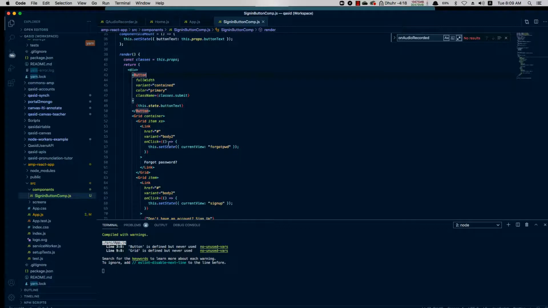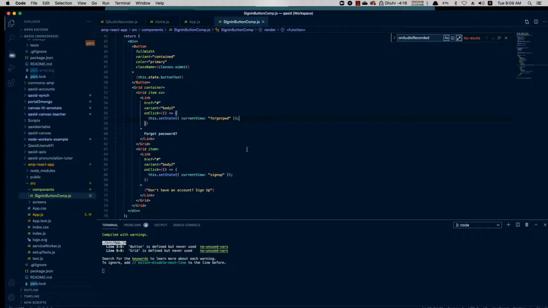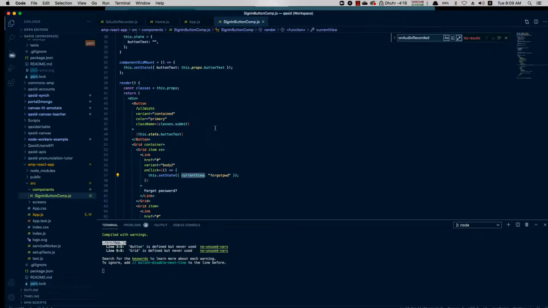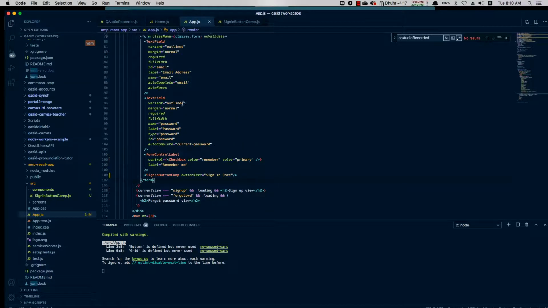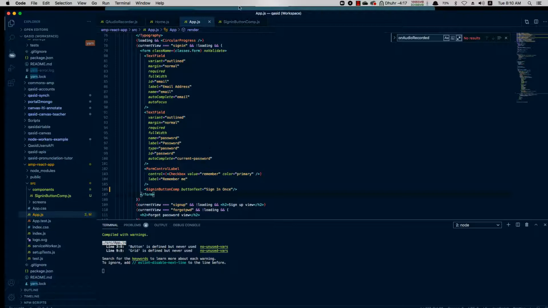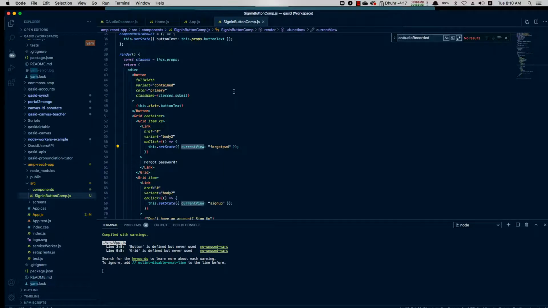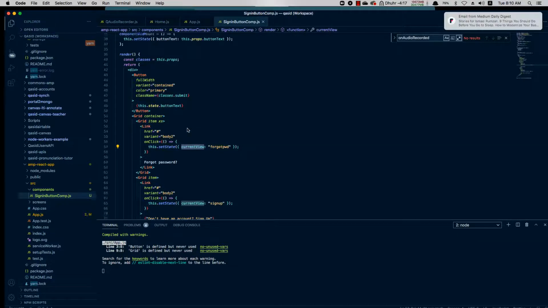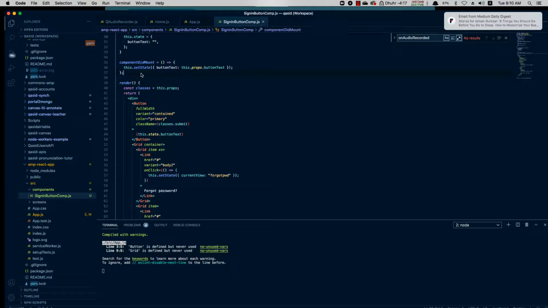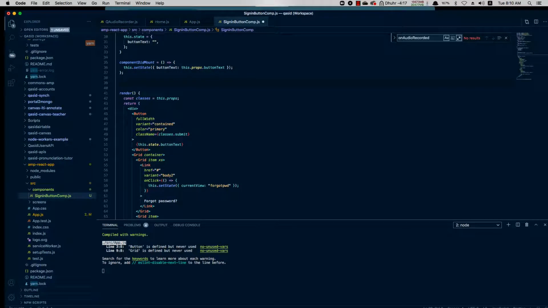So, actually let's work on this first, and the rest should be the same. We want to change the view, because these views are not defined here. These views are defined in my parent screen, right? So what we now need to do when we click is pass this. We need to define here a function that says